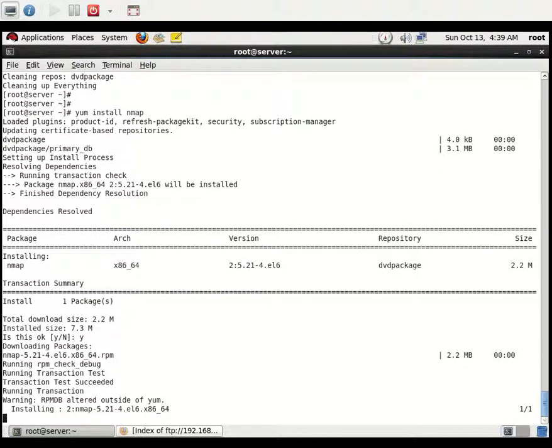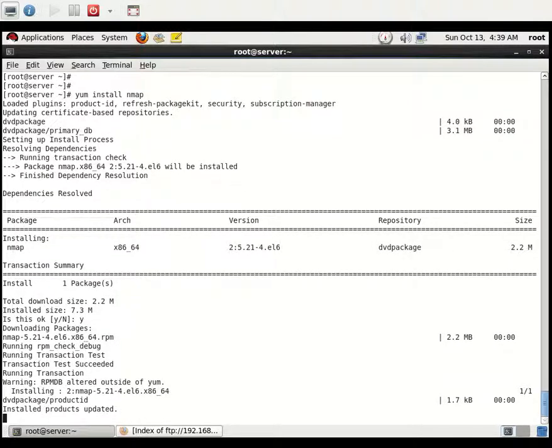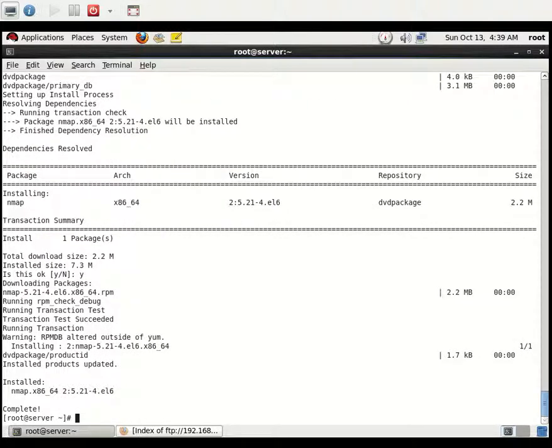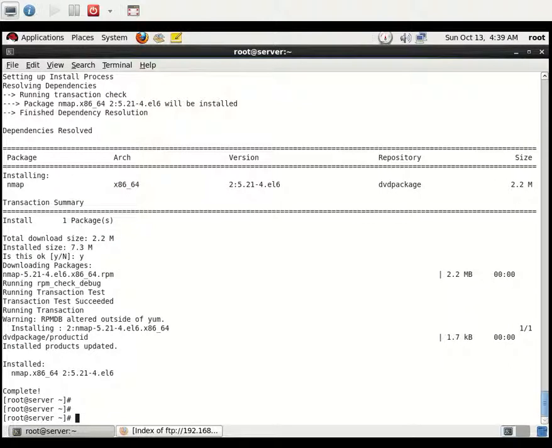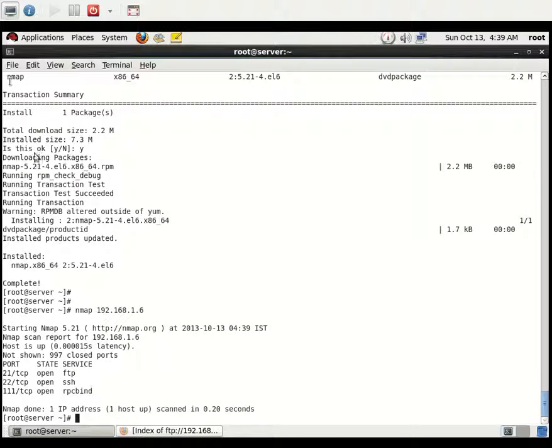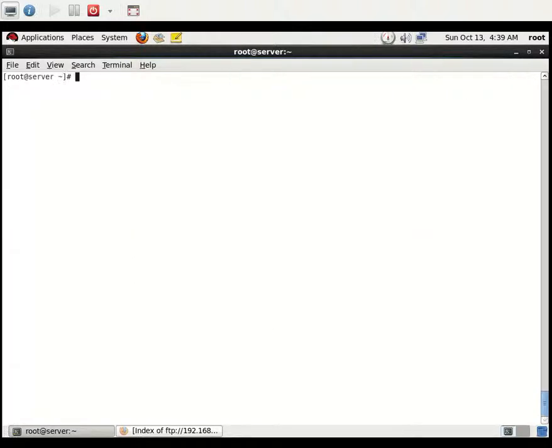Yes, it installed. Thus we can create a local repository. Here if you see nmap, the FTP server has been opened. Okay, that's it. You can see the next tutorial. Bye.